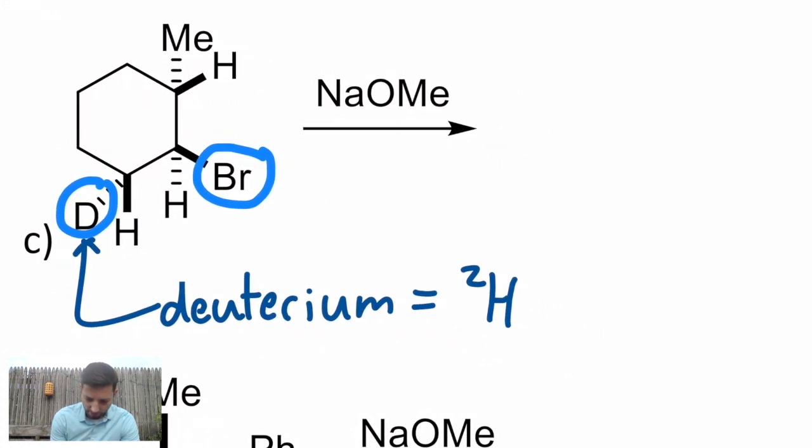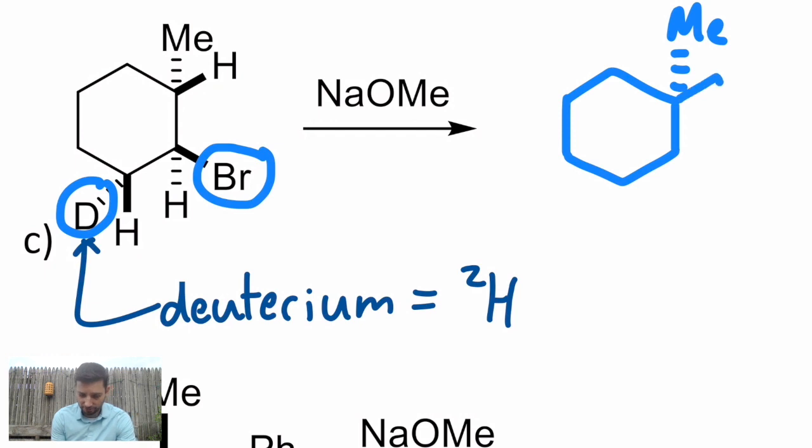So what's our product look like? Well, we have our 6-membered ring. We still have this methyl up here. If you want to, you could draw that other hydrogen. It's implied, so you don't have to draw that hydrogen in. We have a new double bond here, and then we have H's